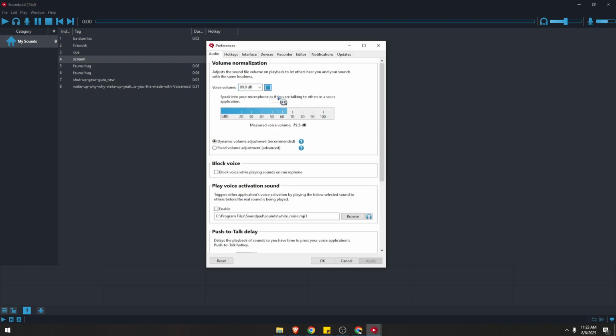over here. As you can see, you can measure where your current volume is at. So it's currently at maximum of 80. Okay, so I'm going to stop this,